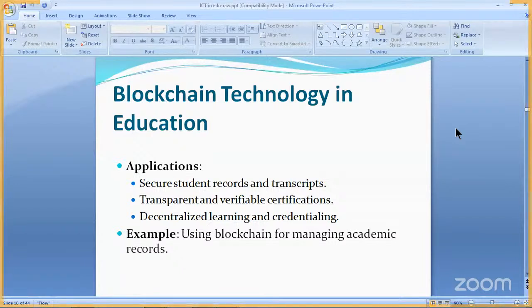credentialing. So what happens basically is that doing all this management with your credentialing is centralized. Centralized means with one institute only. And if something goes wrong with that particular organizational management structure, it can create a problem. For example, some institute, some college or university is holding your marks.